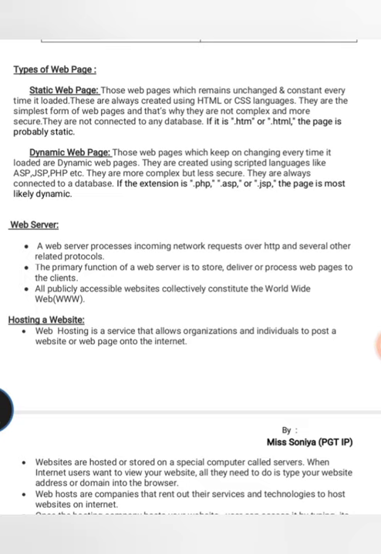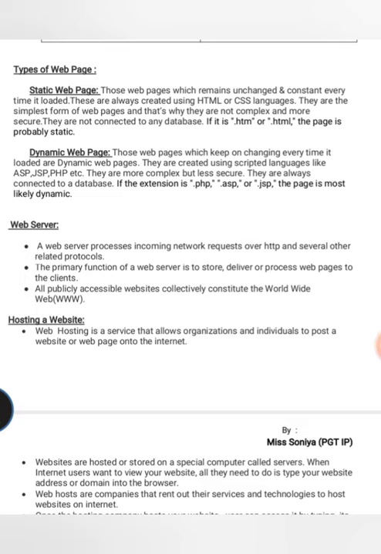For example, if we talk about Wikipedia, if you access Wikipedia sitting at your home on a particular topic, like we want to know about artificial intelligence, it will open a page. If you access the similar search outside your home or in a different country, then again it will show the same page.